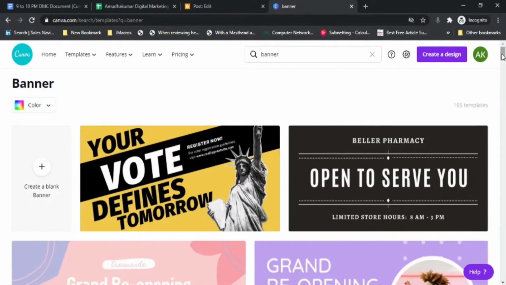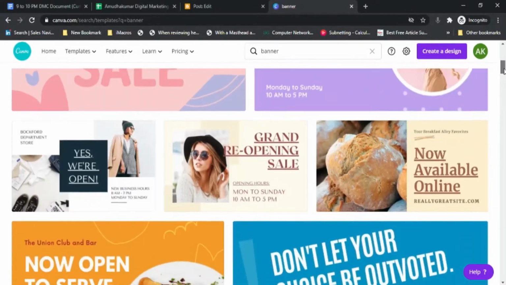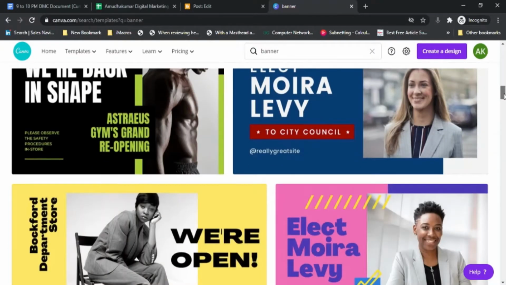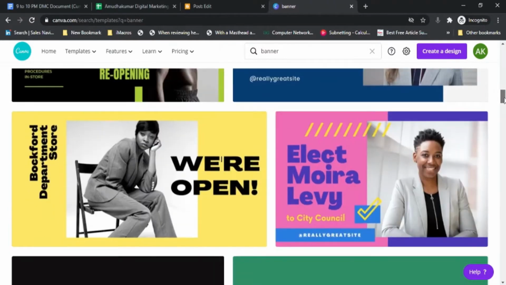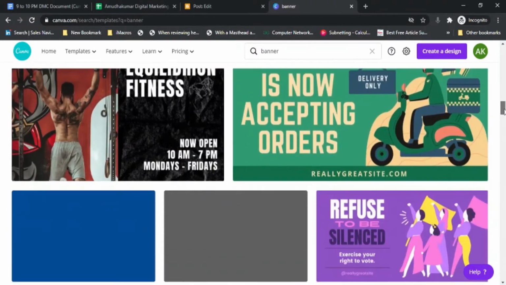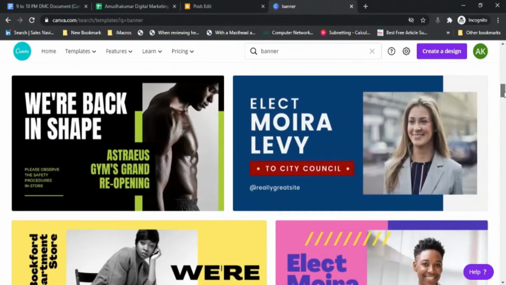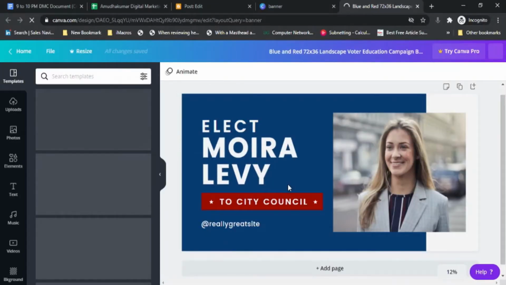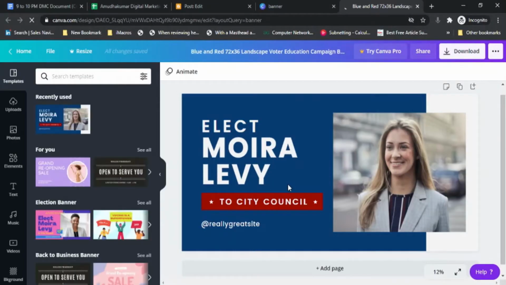There are lots of banners here, lots of images here. You can select any one of your choice and you can edit or modify it. So this is how this image looks like.